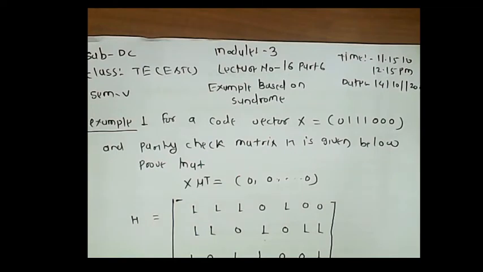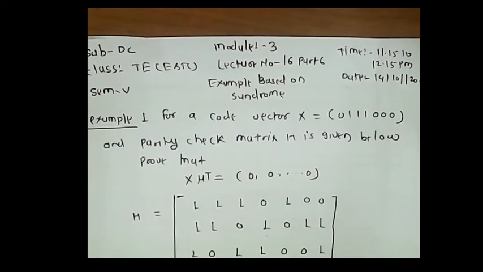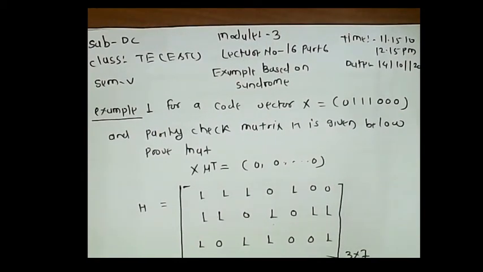In the previous lecture we defined the block diagram of the encoder for the (7,4) Hamming code. Then we also discussed the definition of the syndrome, the basic equation related to the syndrome, and how the syndrome at the receiver side is useful for error detection and correction, as well as how we can define the error vector.